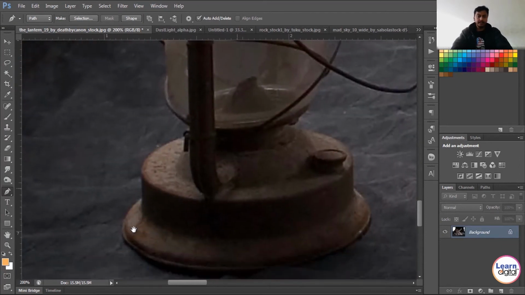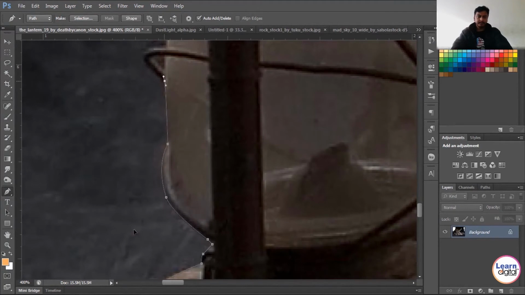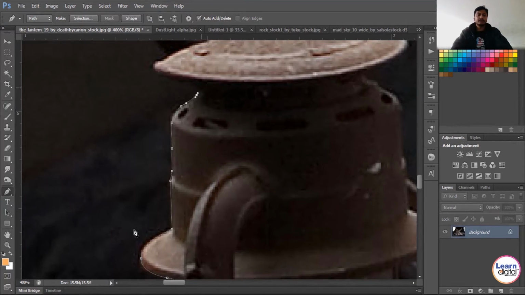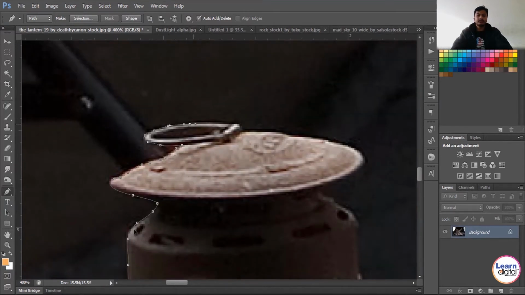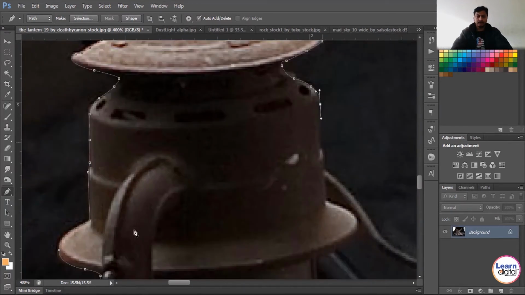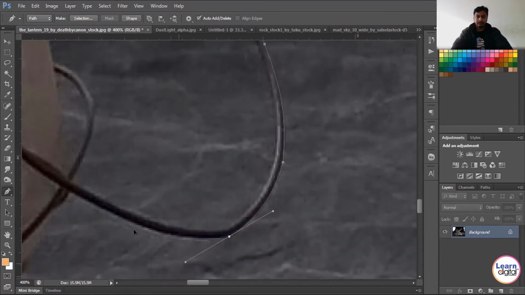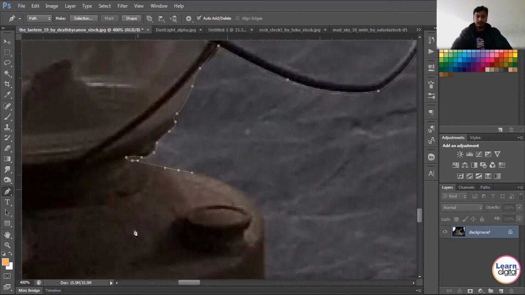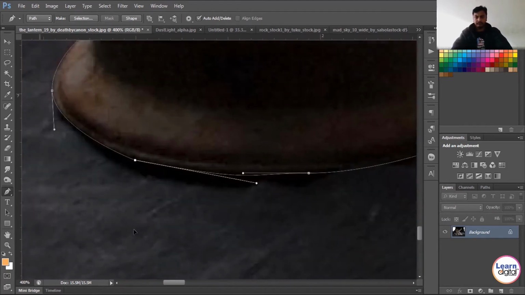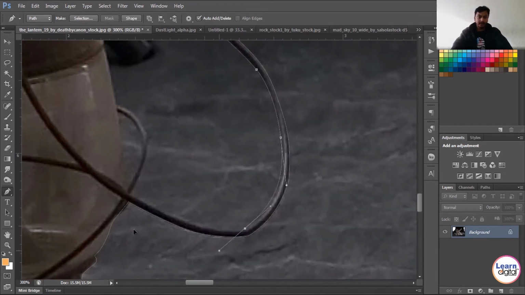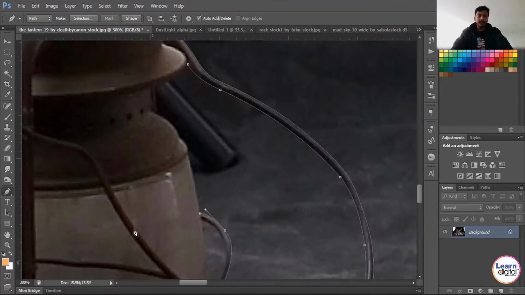The same thing, I need this lamp also. I'm selecting the lamp also. The unwanted area you can deselect, or after selecting, you can erase it.